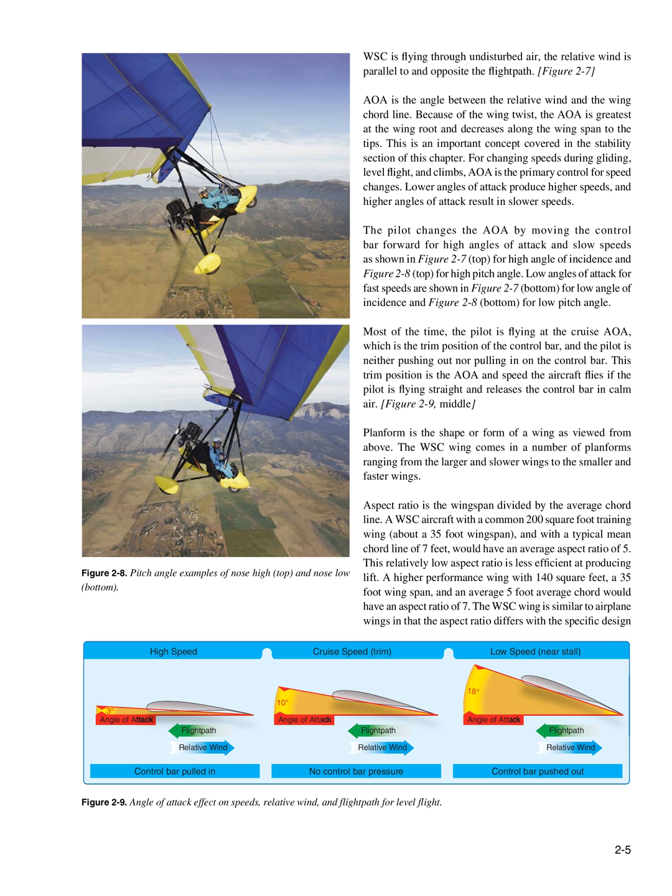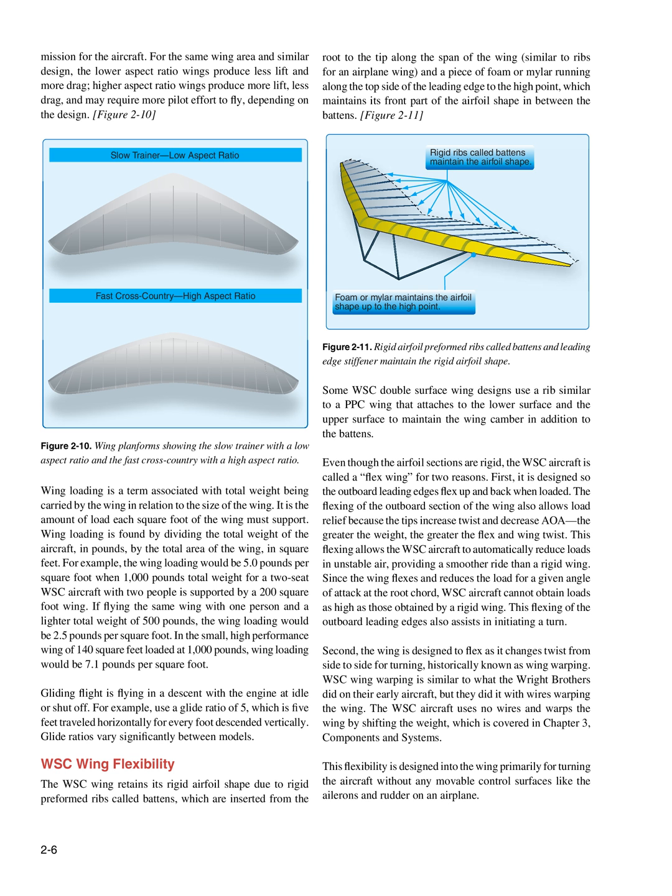This relatively low aspect ratio is less efficient at producing lift. A higher performance wing with 140 square feet, a 35-foot wingspan, and an average 5-foot chord would have an aspect ratio of 7. The WSC wing is similar to airplane wings in that the aspect ratio differs with the specific design mission for the aircraft. For the same wing area and similar design, the lower aspect ratio wings produce less lift and more drag, while higher aspect ratio wings produce more lift, less drag, and may require more pilot effort to fly,